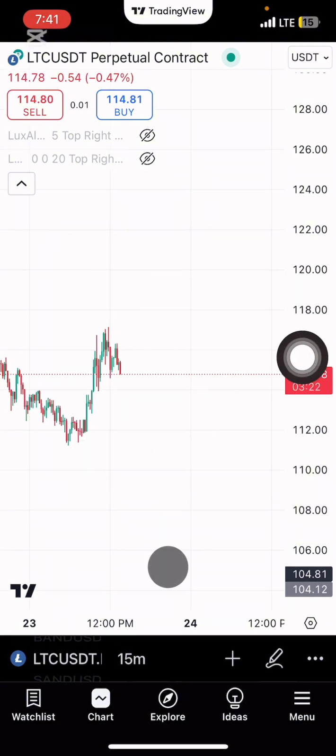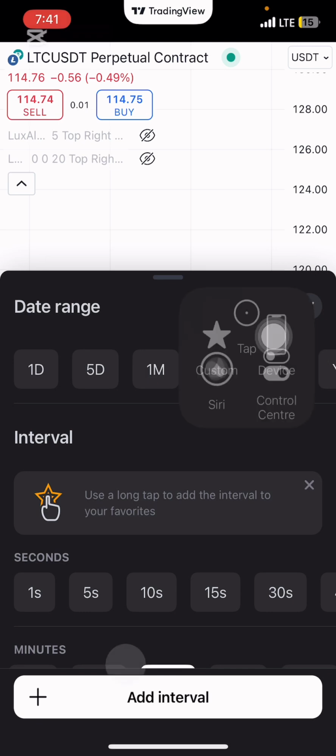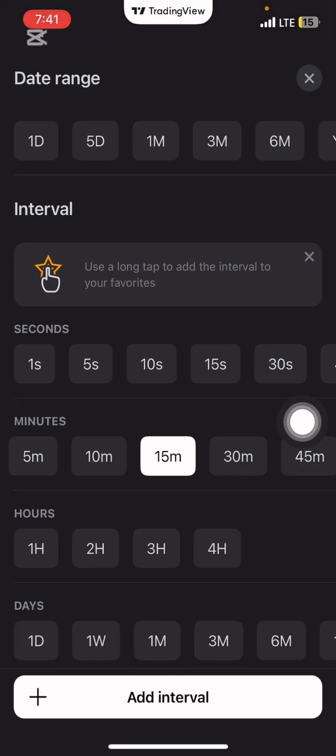Moving on, this is the current price movement of this particular pair. Then this is the name of the pair you're trading, LTC USDT perpetual contract. And then this is the date range. Date range simply means the time frames